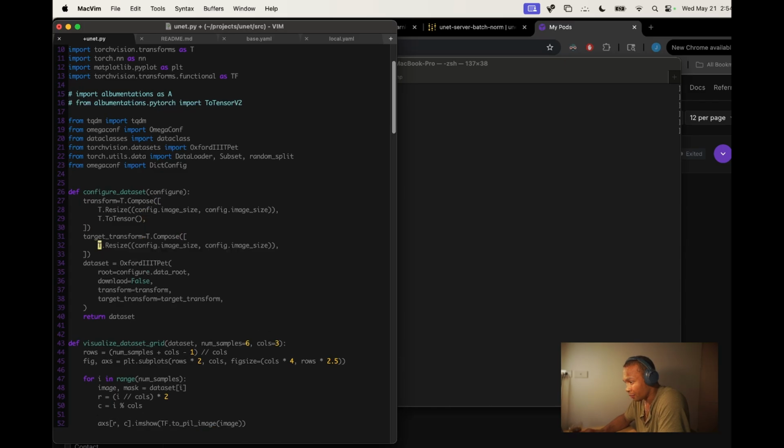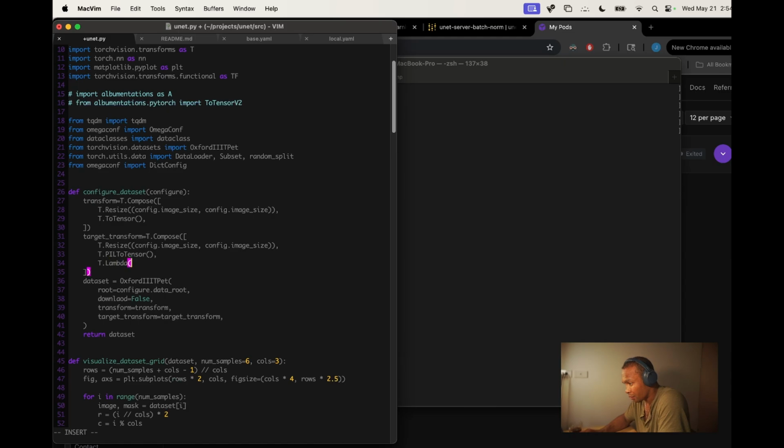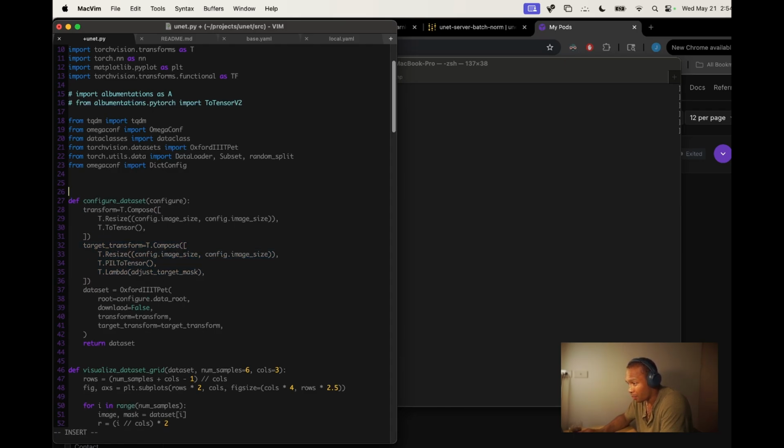It's going to be pil to tensor, lambda. And then okay, so for the target transformation, so right, this is the transformation applied to the training data, or the data. This is the transformation applied to the label. I'm going to make that a callable function. I could define it as a lambda here, but